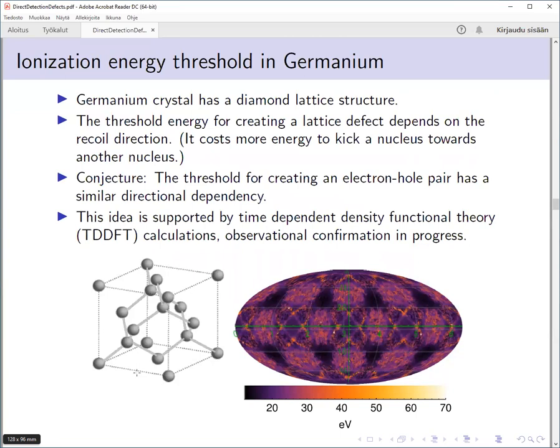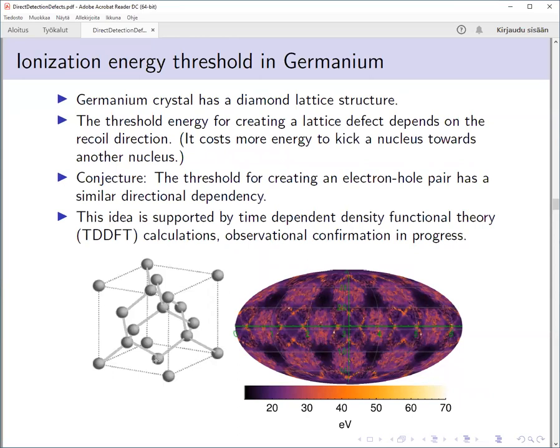But if the energy deposited to the germanium atom is of the same order as the binding energy of that atom to its lattice site in the crystal, then you can no longer approximate the situation as a free atom being hit, but you must take into account the